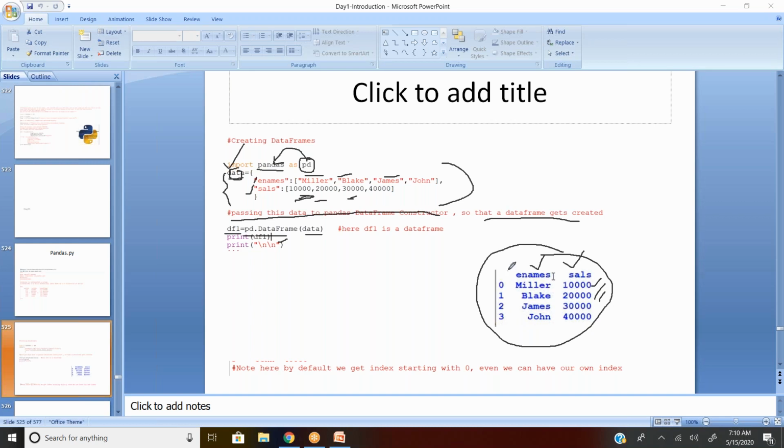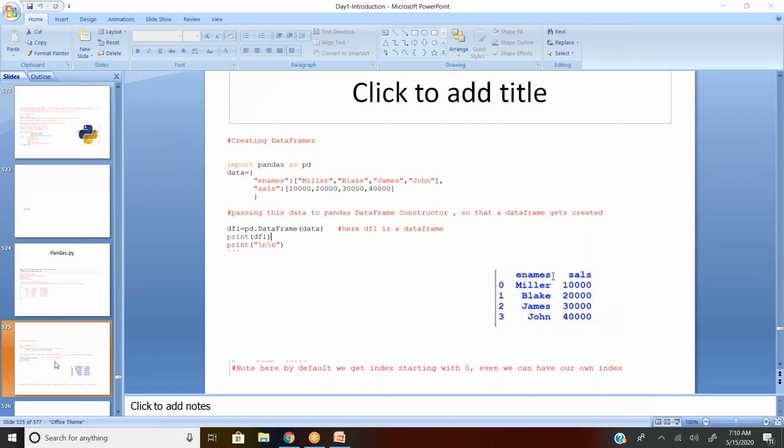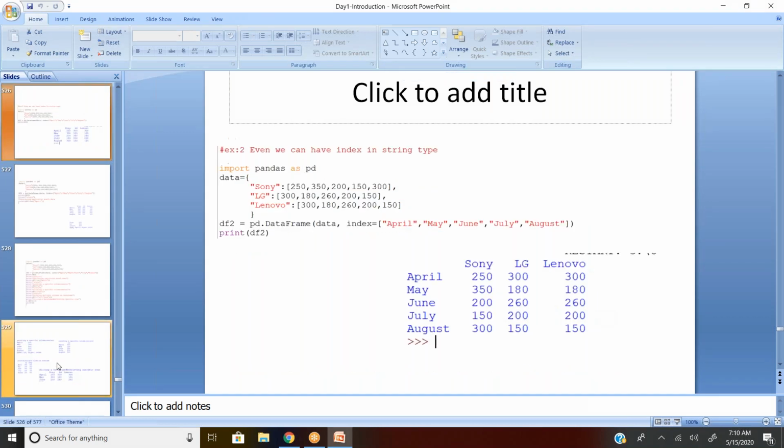Now, when you create any data frame in Python, by default you will get a default index 0, 1, 2, 3, 4, 5. As I told you, Python index starts from 0. That is the reason the first position value gets 0, the second position value gets 1 and so on. But due to some requirement, you may not want the index to be displayed. So what I can do, you can see here, is replace the index equal to so and so.